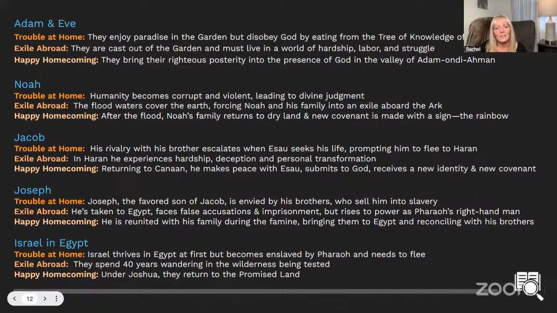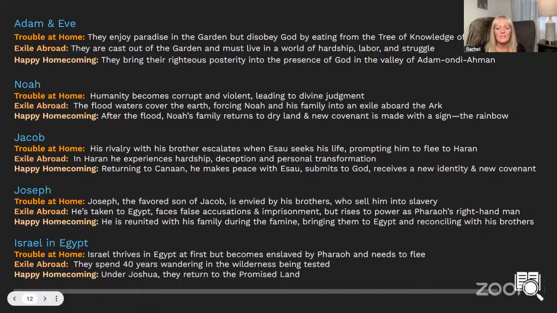And you had the good idea of mentioning the Valley of Adam-ondi-Ahman. Where did we figure out where that was? Somewhere in D&C. Doctrine and Covenants 107, yeah. Sorry, 107. Okay, so posterity is also part of it, posterity and land. Those are both part of covenant blessings, and so you see that repeated over and over again.